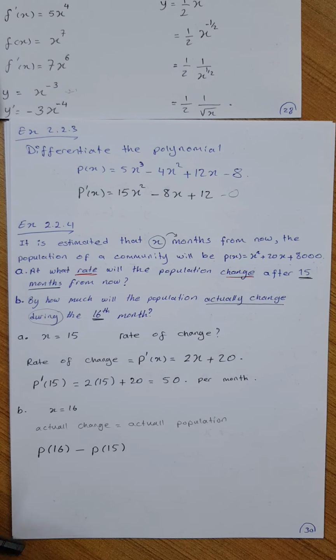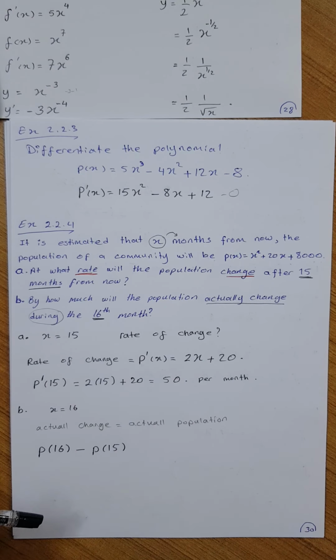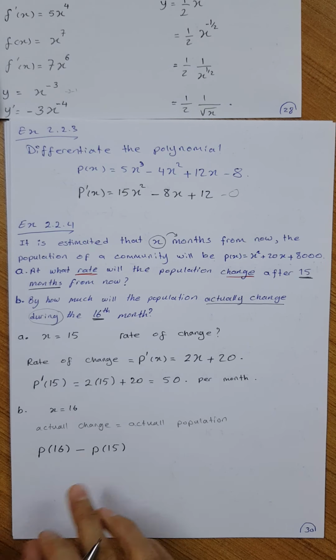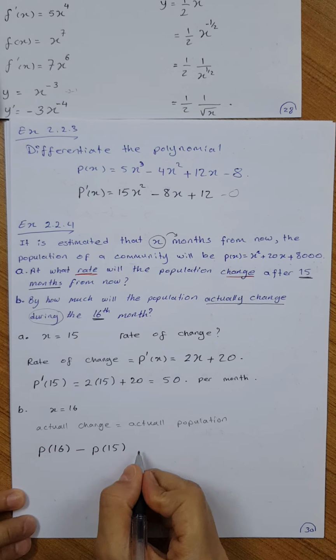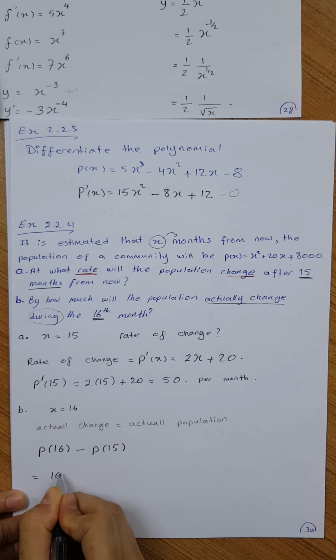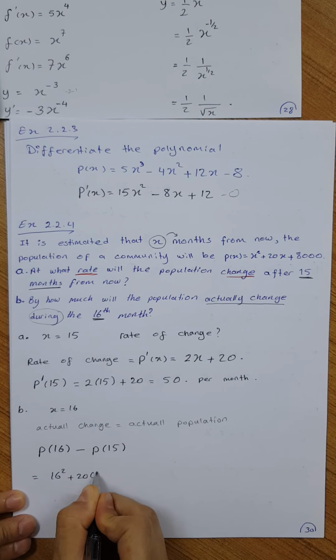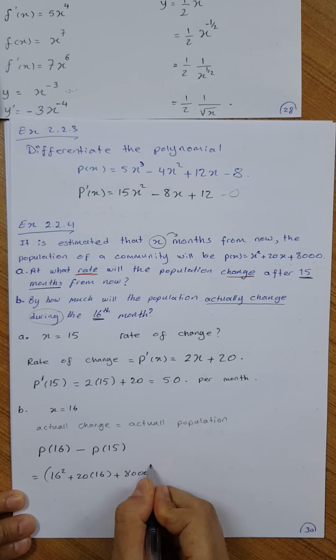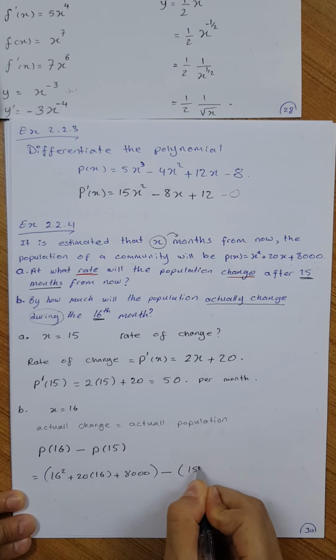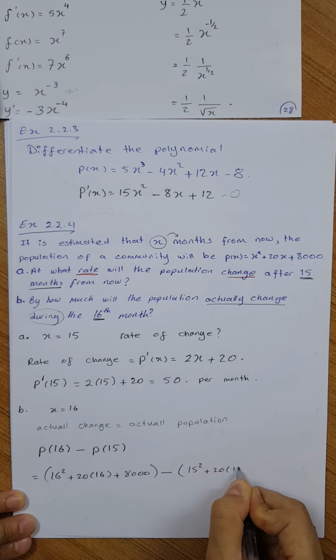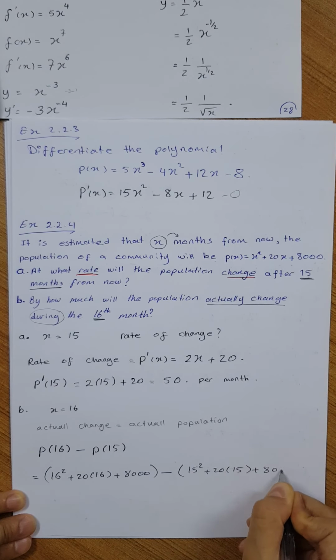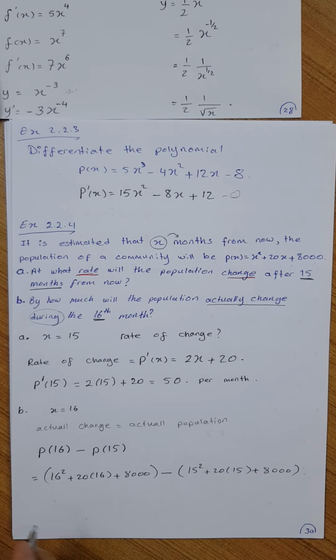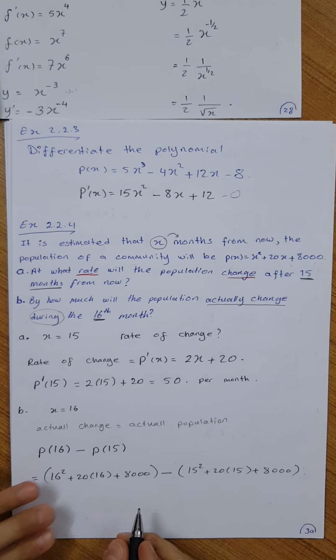If you remember from chapter 1, we also had an example like this one. I think it was the first word problem that we solved. So that one is equal to what? That one is equal to 16 squared plus 20 multiplied by 16 plus 8,000, okay? All minus 15 squared plus 20 multiplied by 15 plus 8,000. And of course, doing that calculation, you will get the population is equal to